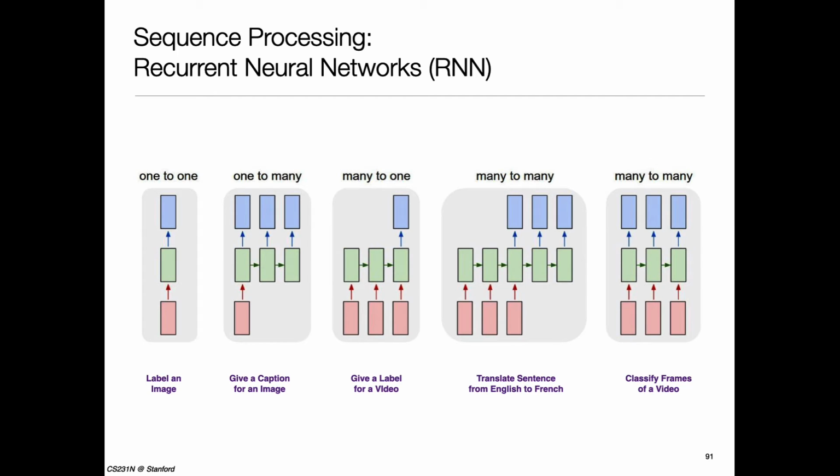But what if the neural network fundamentally had a concept of time built into it? And that's what's referred to as recurrent neural networks. The idea is, think of it like the following: the neural network at every moment in time takes the current input, produces an output, but also takes a state and produces a state.